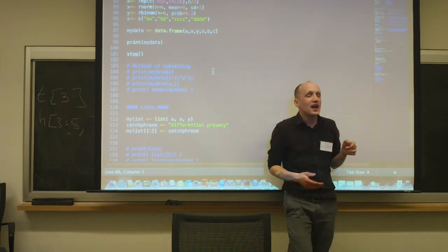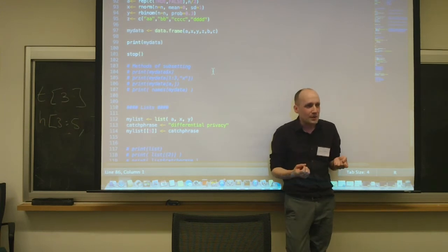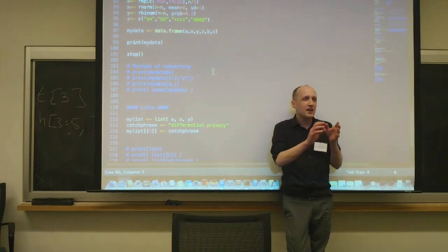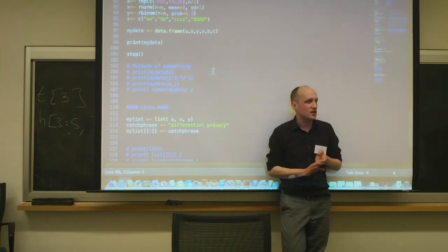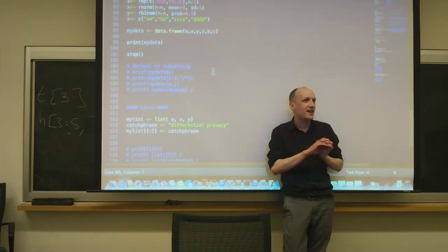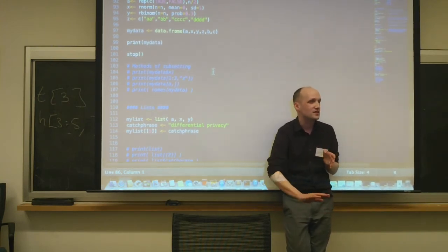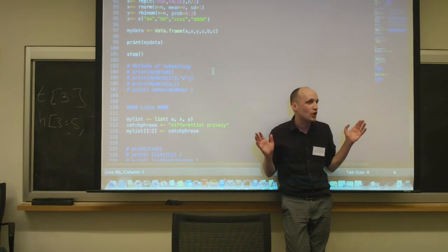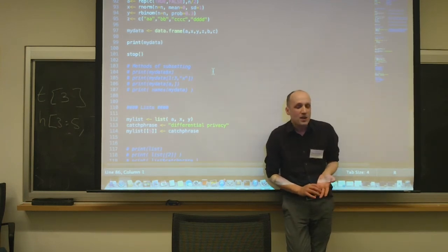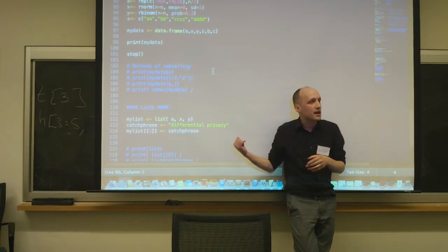So here's the thing, if you've been taught how to be a good programmer and you're being efficient and you're saying, this variable doesn't have a lot of information in it, it's only binary, I should store it as Booleans because then my memory usage will go down. Well, no, because in the back end it's being stored as doubles and you've just caused yourself more work. So Booleans are useful because they're easy to read and you can subset by them.